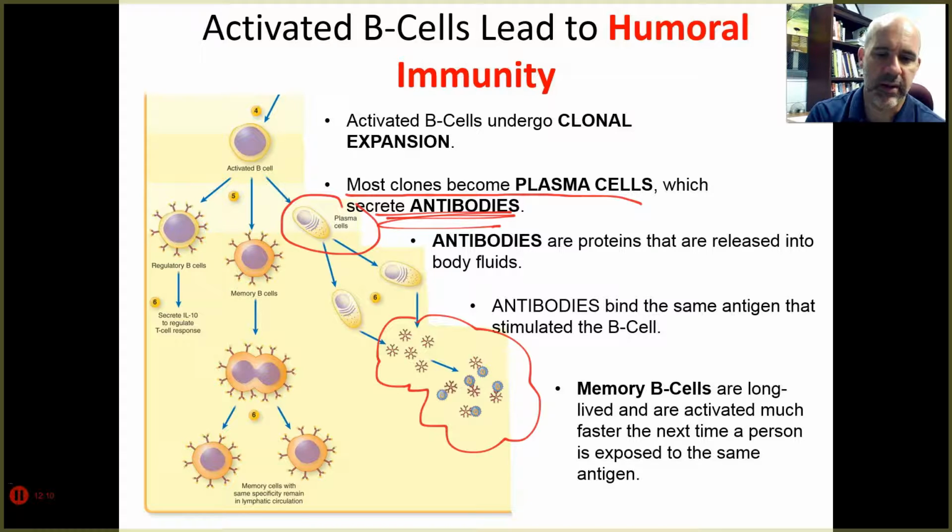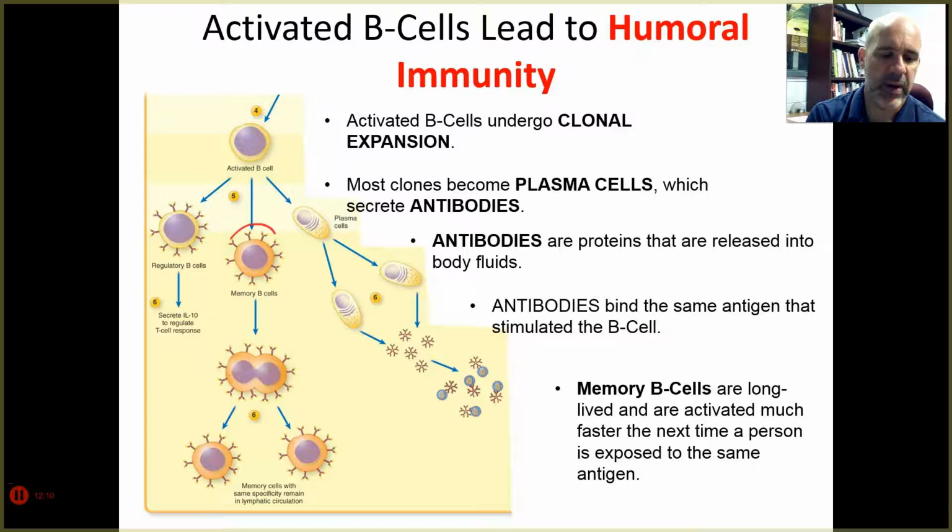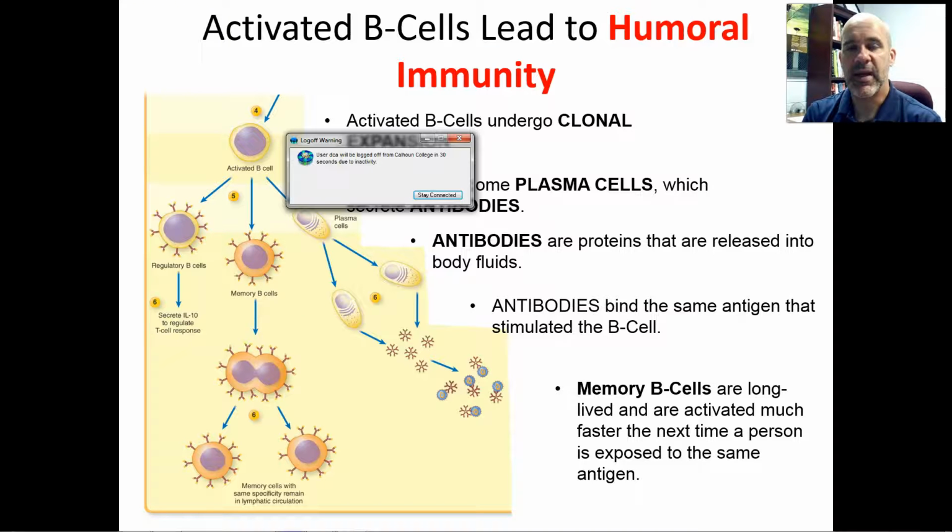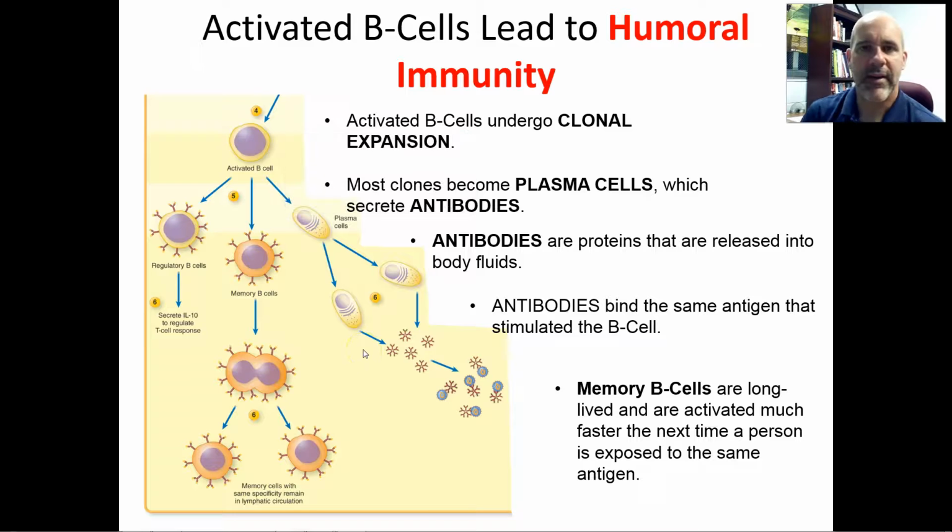However, notice over here, we also have memory B cells. So we talked about how when a T cell gets activated, there's a certain subset of the clones that really don't do anything right now. They just go on to become long-lived memory T cells. And same thing with B cells. There's a subset of the clones that have been activated, become these long-lived memory B cells